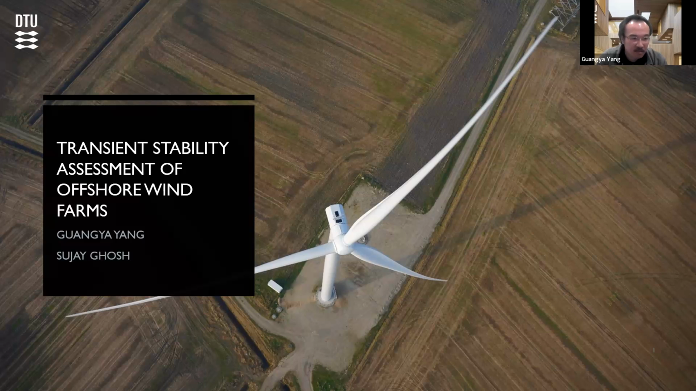I'm a senior scientist at the moment with the Technical University of Denmark. It's my pleasure to give this talk today on the transient stability assessment of offshore wind farms. We did a research project together with Ørsted, where we look from a nonlinear perspective at the stability of offshore wind farm connections, because there's some motivation behind that. There are some events that cannot be analyzed or captured by linear analysis. So therefore, we started a research project